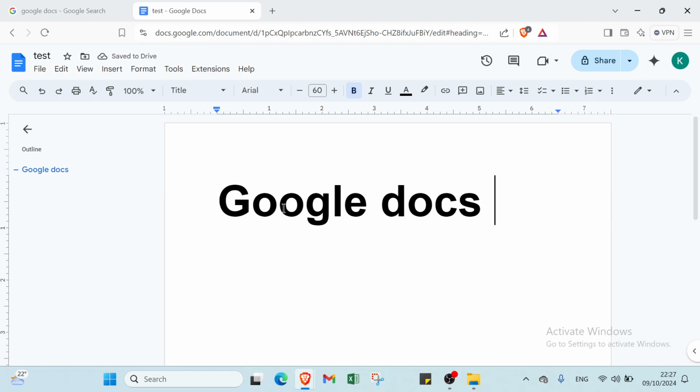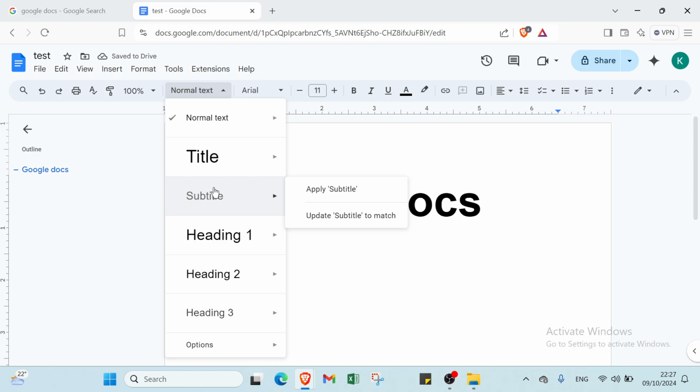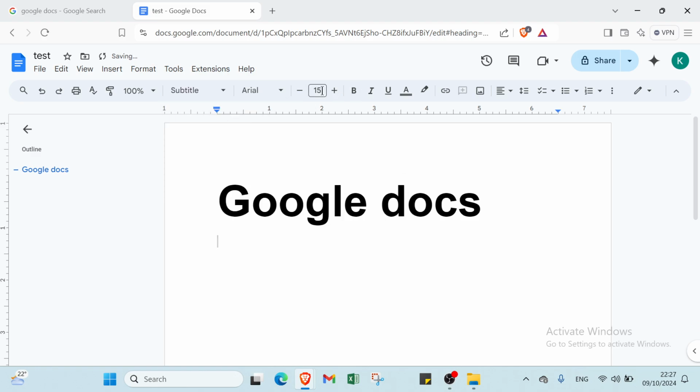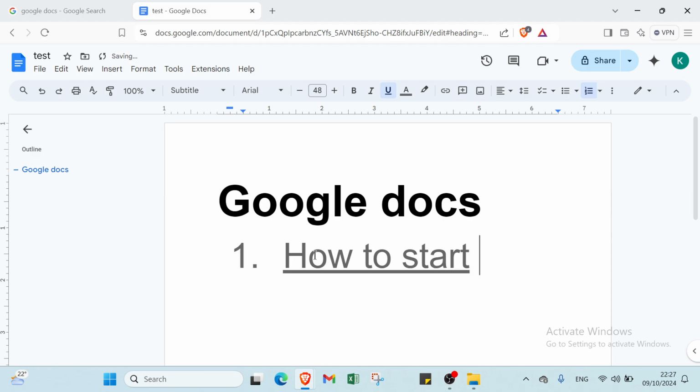Then I'll click enter to come back, and I will choose here, for example, subtitle like that, and I will choose here, for example 48, and I will choose here, for example, underline. So these options. So also I will choose this option also, and I will write it. So how to start. How to start with